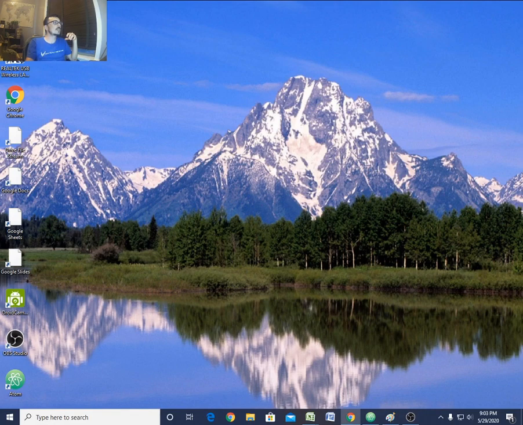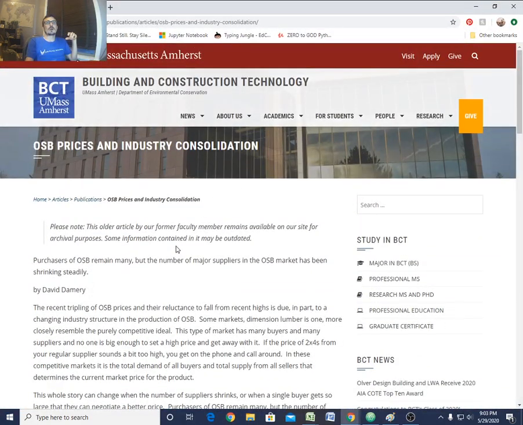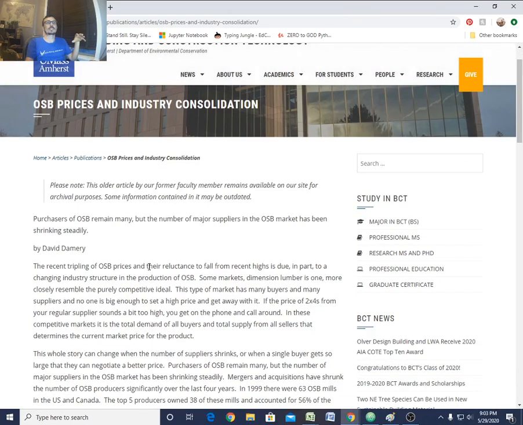this little article written here by the University of Massachusetts. Let me pull that over here. OSB prices and industry consolidation. And he basically says, look, all these guys that manufacture OSB, and he's specifically talking about OSB, but I found the same thing is pretty much true across the board. They're buying up all the smaller competitors. They're consolidating. And so you're starting to see where once there were many suppliers of OSB, that has now shrunk